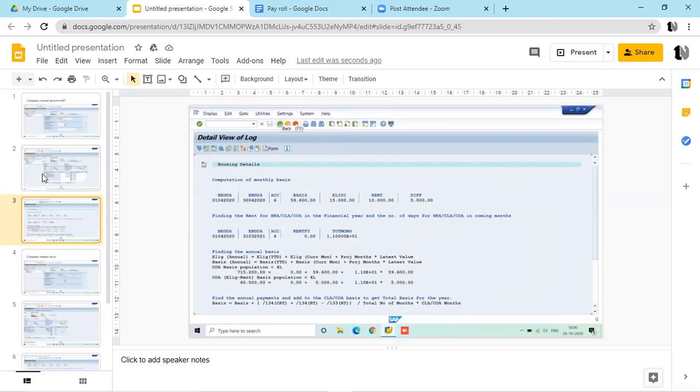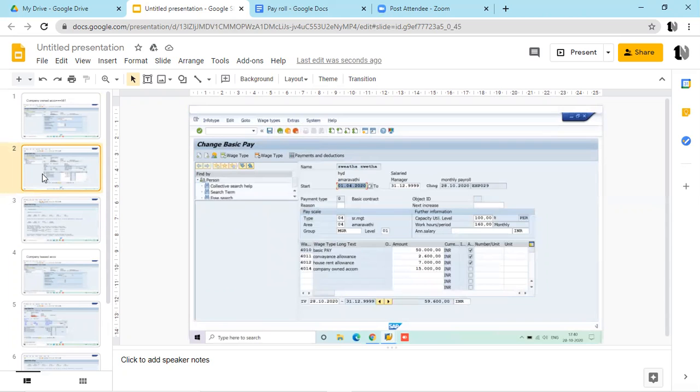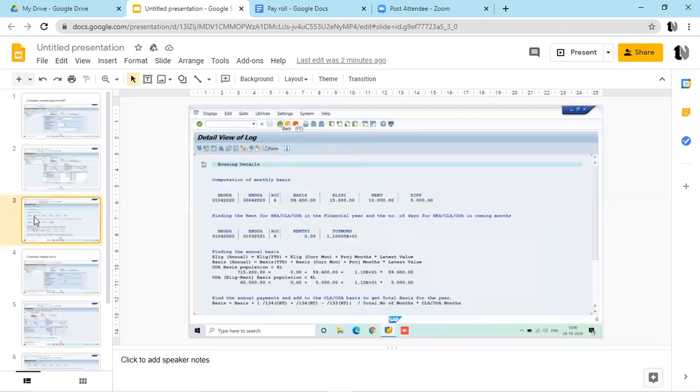Okay, sir. Slide number 2. Here you can see in the below section, 59,600 is written. Whatever things you have added, as you have rightly explained, Srikanth, your waste types 4010, 4011, 4012, these three components have been added. So it comes to 59,600, that is your basis. Now go to slide number 3 again. Lakshmi, you are able to understand, right? Yes, sir.